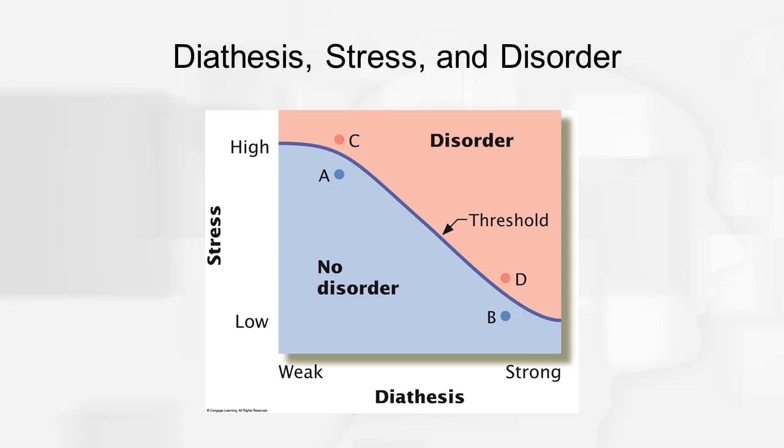So in this figure, we see diathesis, stress, and then ultimately disorder. As I mentioned, the diathesis stress model's explanation suggests that psychological disorder can result from many combinations of predisposition and stress. So point D here on the image, it shows the disorder stemming from a strong predisposition and relatively little stress, very little stress. At point C, we have a weak predisposition but lots of stress. And points A and B represents blends of diathesis and stress that are not necessarily potent enough to trigger disorder.